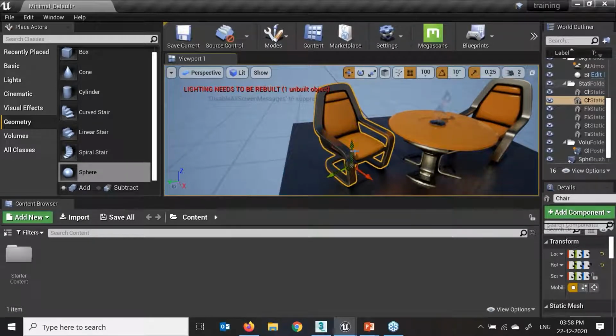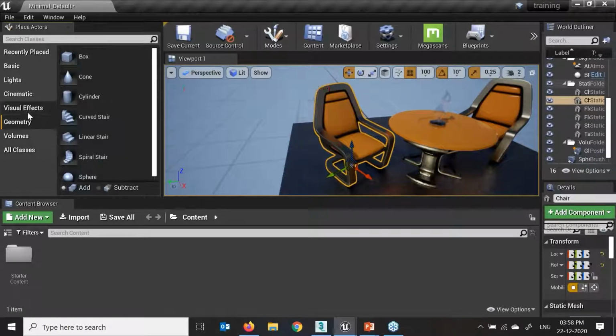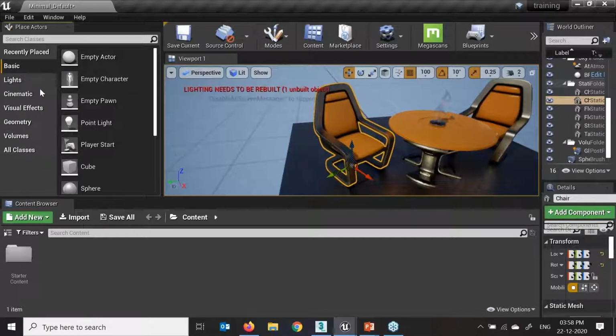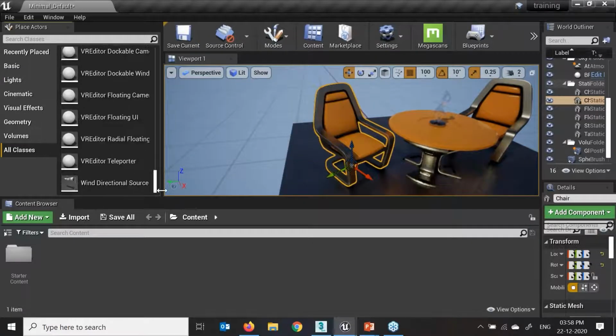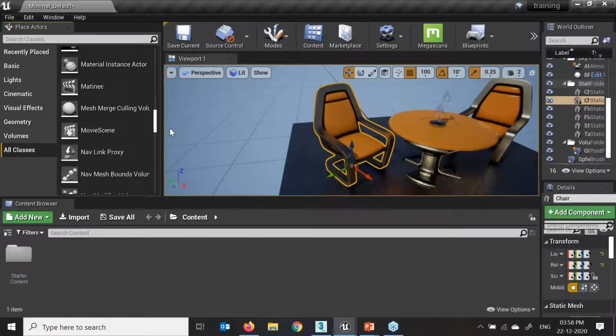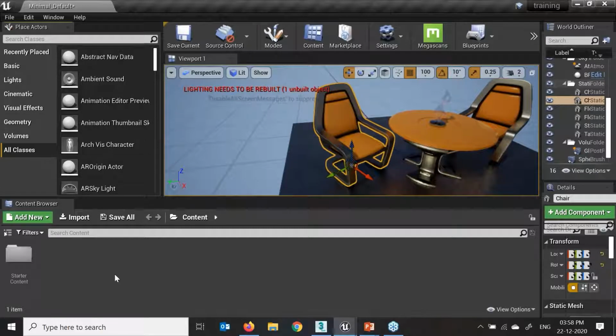I will show you how we can sort out this error. This is just the simple click which we have to do. First, we'll try to finish this mode tool. So these are the different modes which we have available over here: cinematics, lights, basic, all. If I say all access, there are all access of this we have over here. Apart from that, different tools or objects we have in my all classes options.